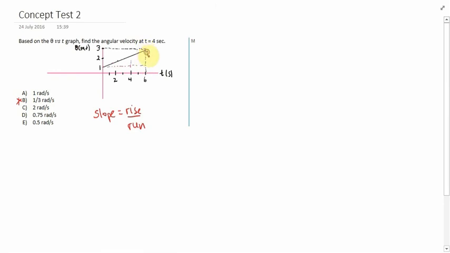This is my rise over here, and this is my run over here, which is equal to some final position minus some initial position. So that is 3 minus 1 divided by 6 minus 0, which gives me 2/6, or 1/3